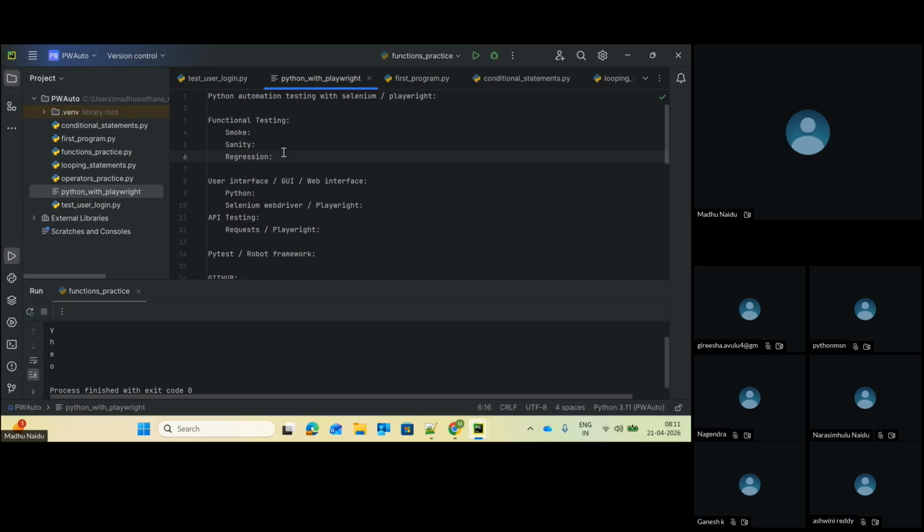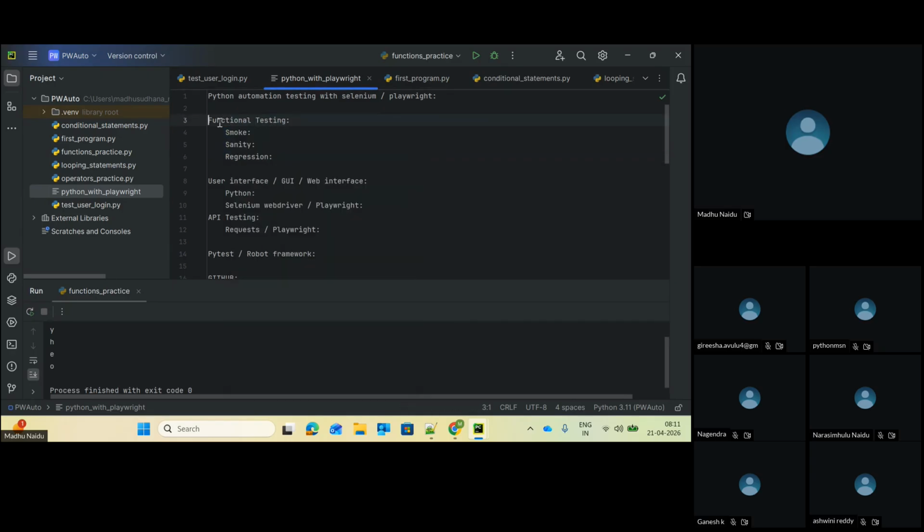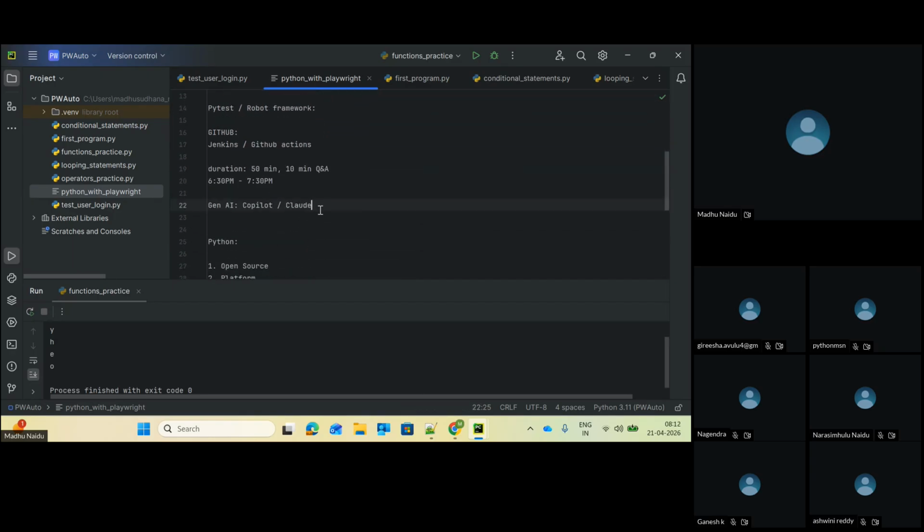Along with that, we can focus on manual testing when it comes to the QA part. Manual testing also we can understand. So overall this is the agenda, and along with that we can understand how to use